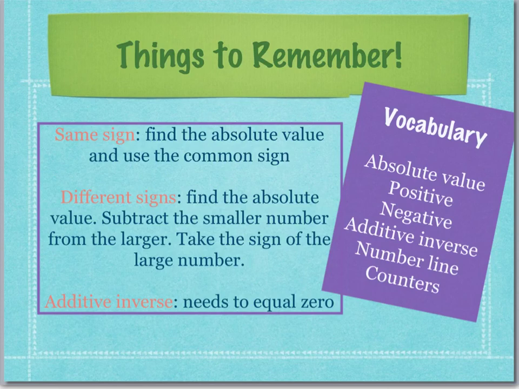Vocabulary for today: absolute value, positive and negative, where those numbers are on a number line, how they're represented with counters, so red counters are negative, yellow counters are positive, the additive inverse property,